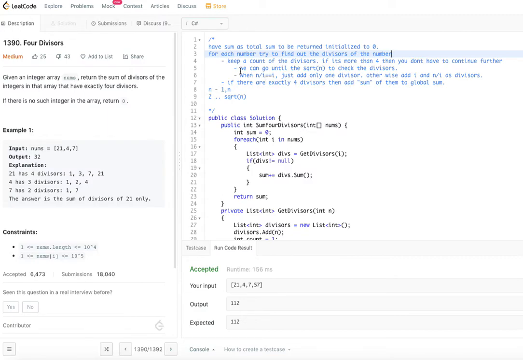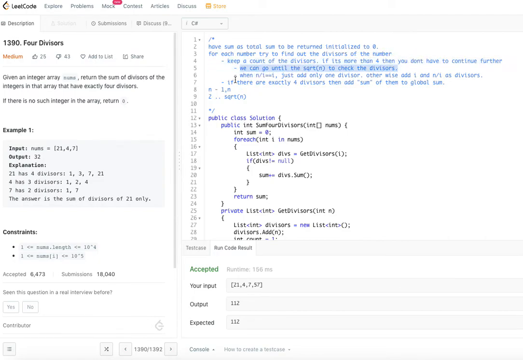So the thing is how long you can go, right? Do you want to start from 2 to 16 or 1 to 16? In the case of 16, obviously no. So as we talked, we are going from 2 to square root of the number. We can go until the square root of the number to check the